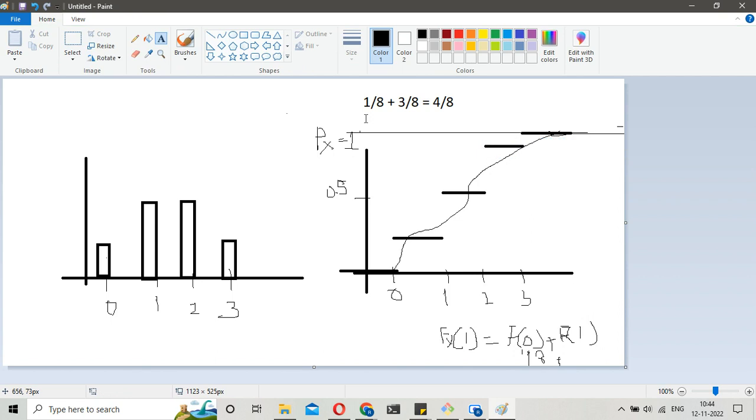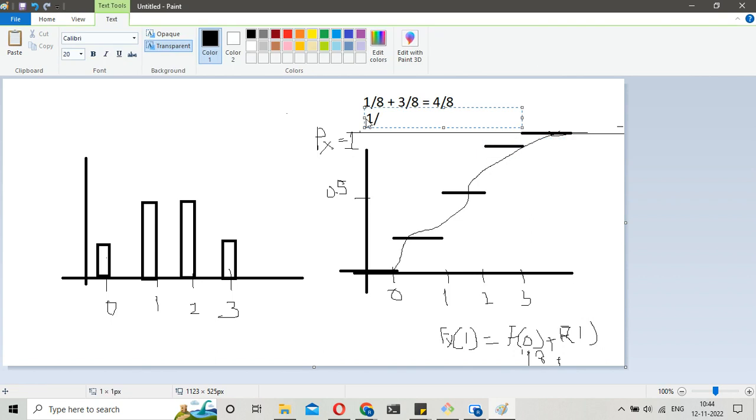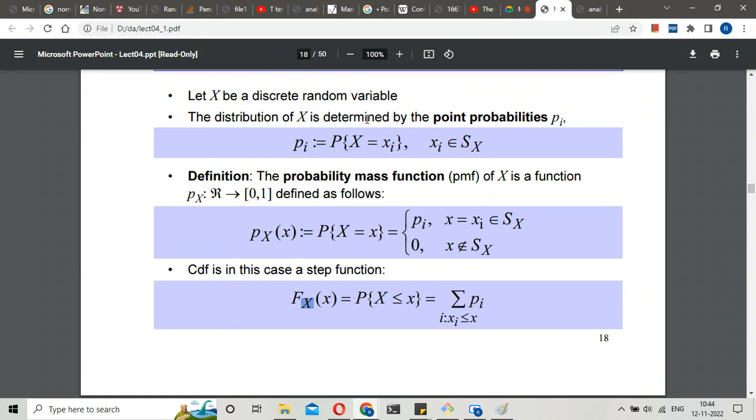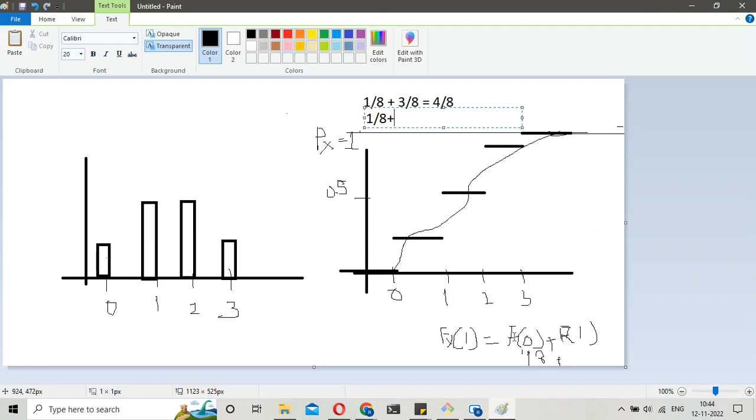Sorry, it should not be F of 0. It should be P, P of i. Probability of getting 0, probability of getting 1. So we are summing it: probability of getting 0 times tails, 1 time tail, and 2 times tail. So the next line will be this. Then if you check, it will be 7 by 8. That is why, when we plot 7 by 8, we get this line.